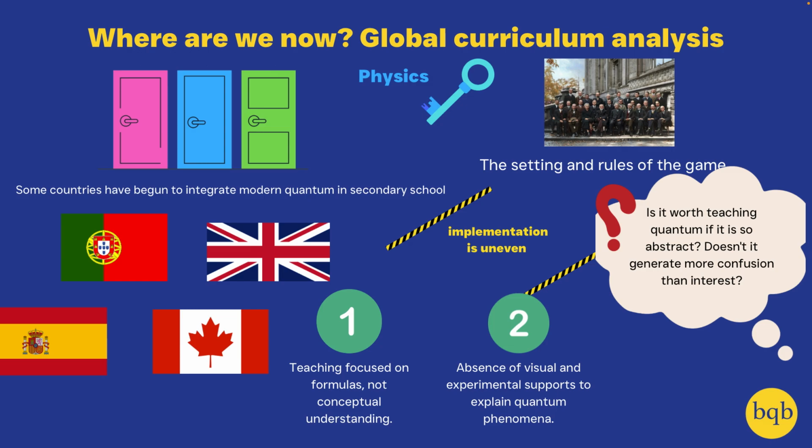The second is absence of visuals and experimental support to explain quantum phenomena doesn't really help, right? If the students don't have any vision of what's going on, that's not really going to help them, right? So what we're saying is not, oh, don't show them visuals. What we're trying to say is, don't make up an anecdote. Don't only talk about Schrodinger's cat, but show them how interference occurs with lasers. Actually visually showcase the two-slit experiment, for example, and explain how quantum mechanics arises from that, because it's how it